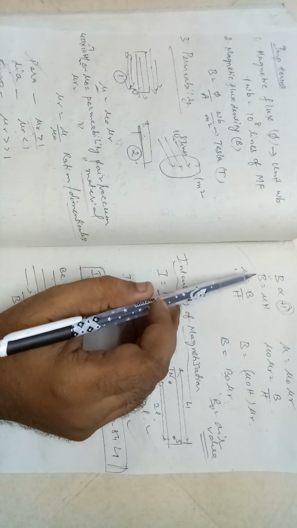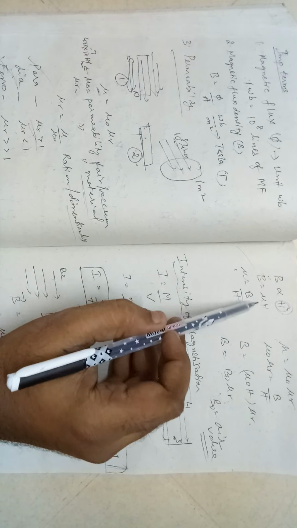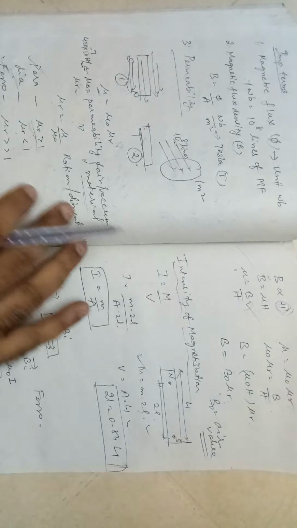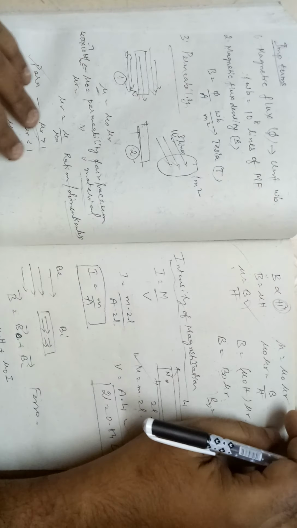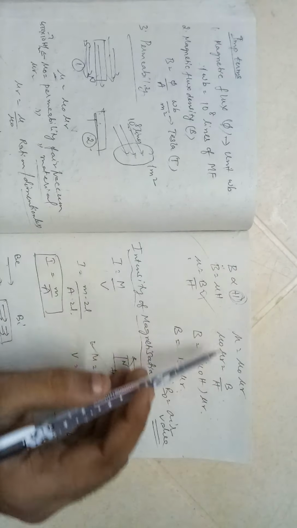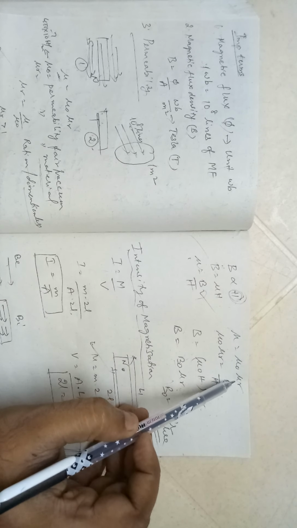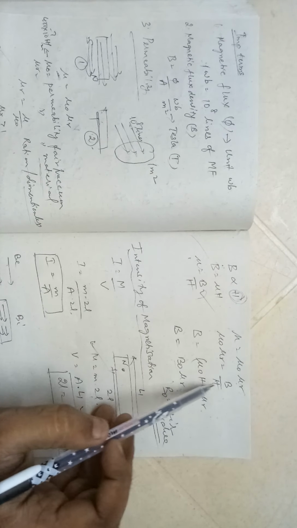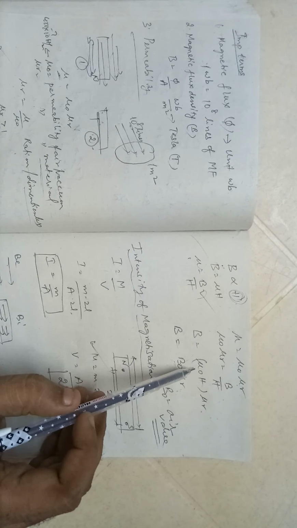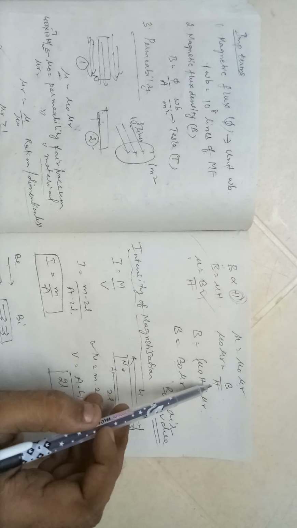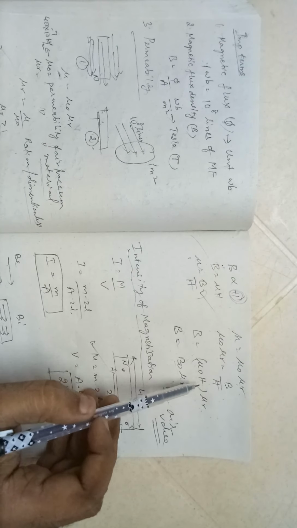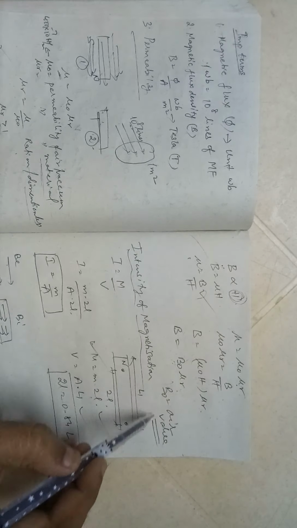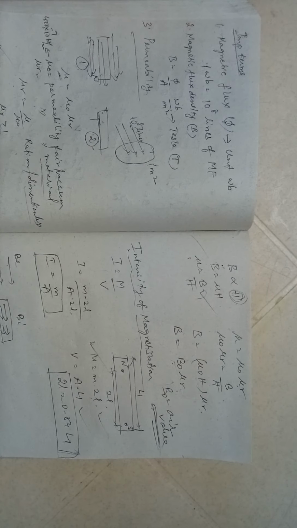So B is equal to some constant into H. We are calling it mu, or mu is equal to B by H. Mu is equal to B by H. But mu can be written as mu 0 into mu r. Okay. So mu 0 into mu r is equal to B by H, or B is equal to mu 0 into H into mu r. I have shifted the terms. This mu 0 into H, I will call it B0. It is nothing but the value in air. Okay. So B can be written as B is equal to B0 into mu r, to convert from air into some other medium.